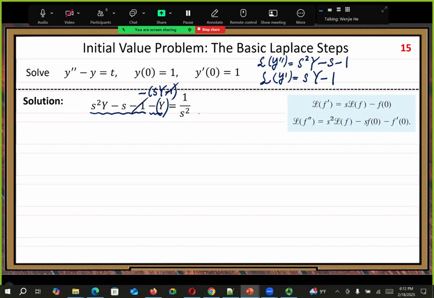So this should be S squared capital Y minus S Y minus S equals 1 over S squared. L of t is 1 over S squared. Remember, L of little t is 1 over S squared